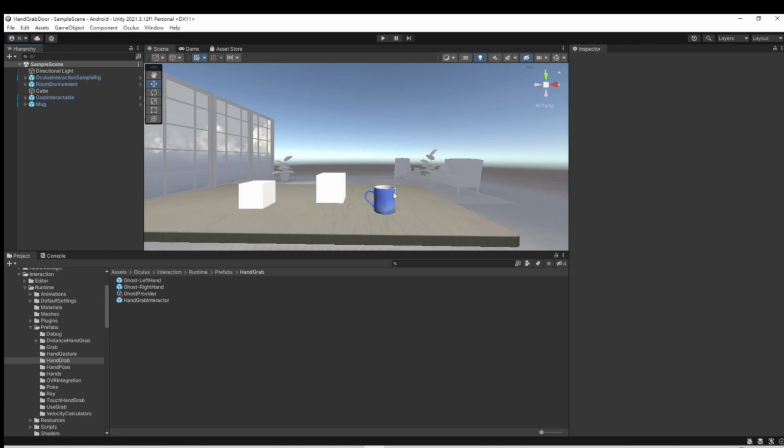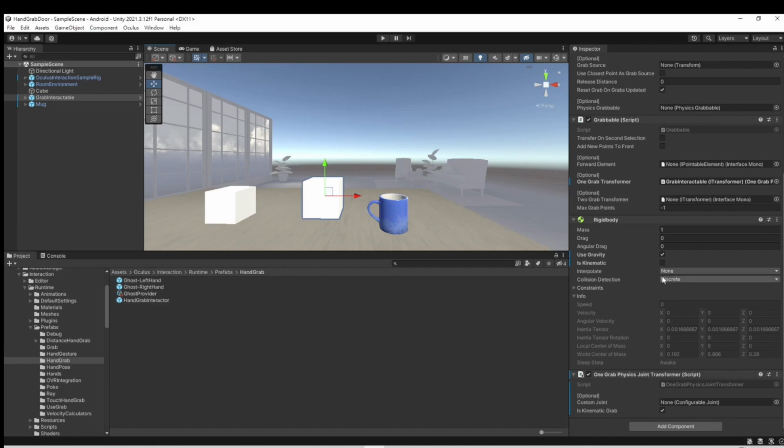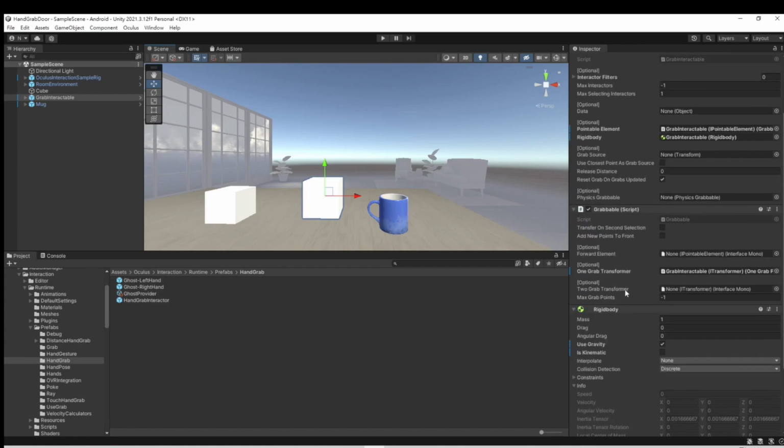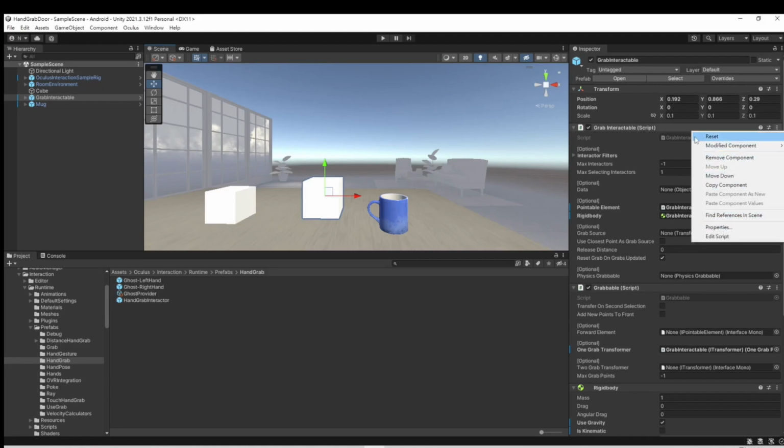This one, we don't need this wrap interactables. I'm going to remove this one, okay? Then I want to add the hand. Remove component, and then I can add the hand grab